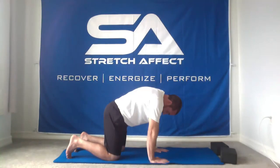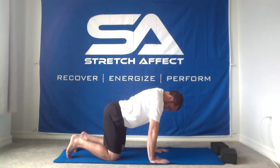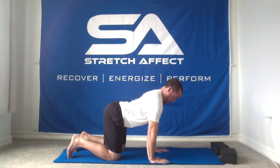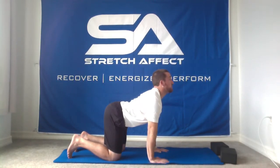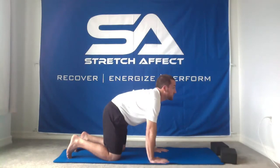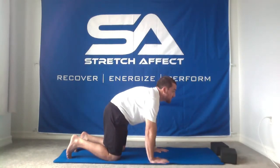Again, one vertebrae, everything else nice and tight. Once you've maxed out one vertebrae, just work into the next one. Keep going. Lift that chest, keep pressing away from the floor, max extension, there, tuck, super slow, round it out,